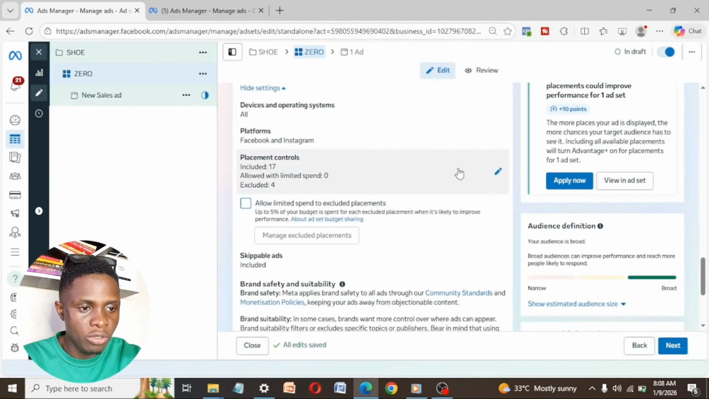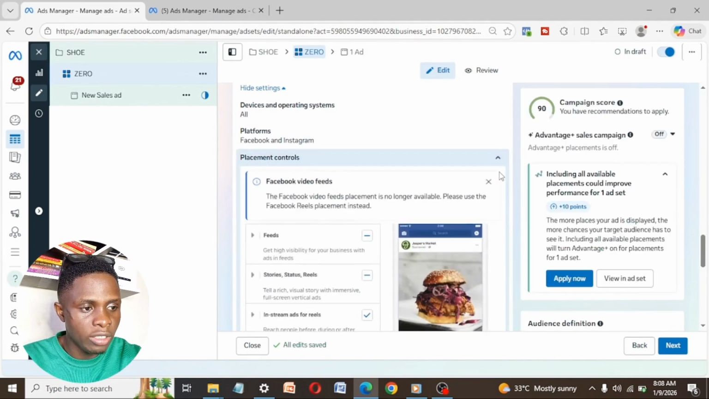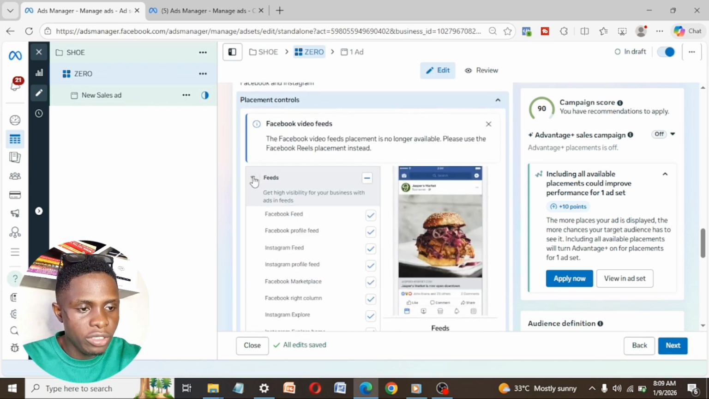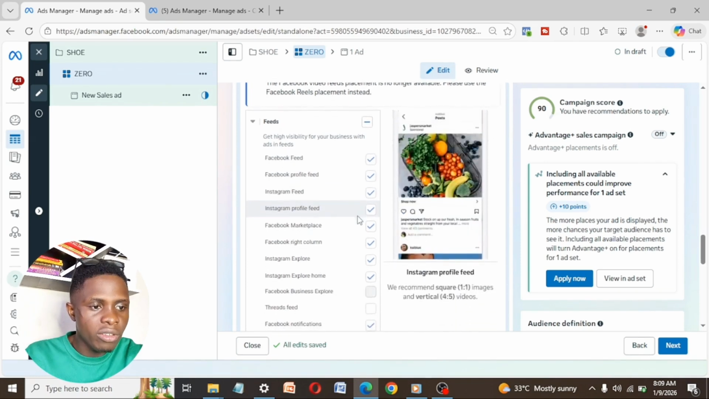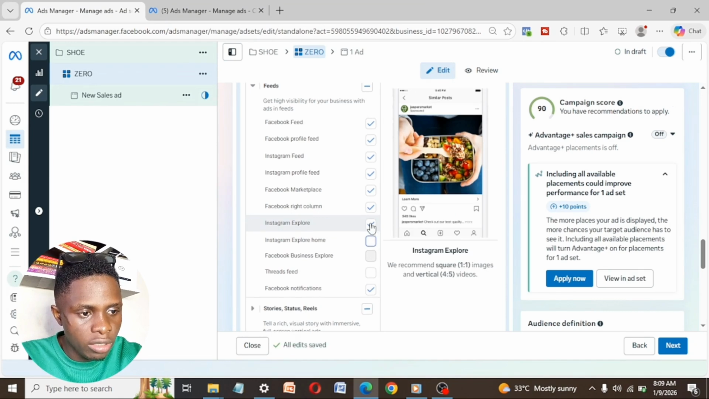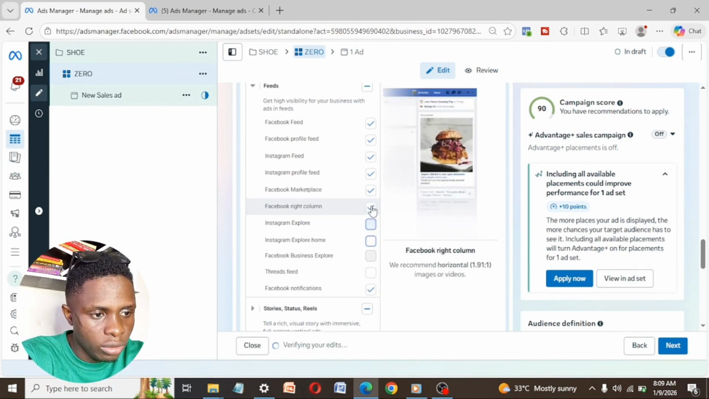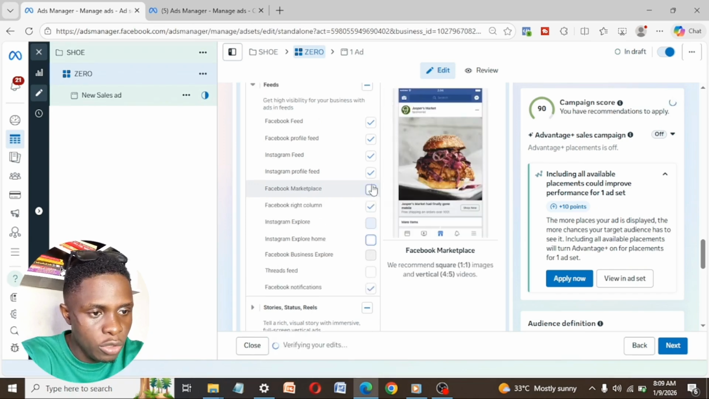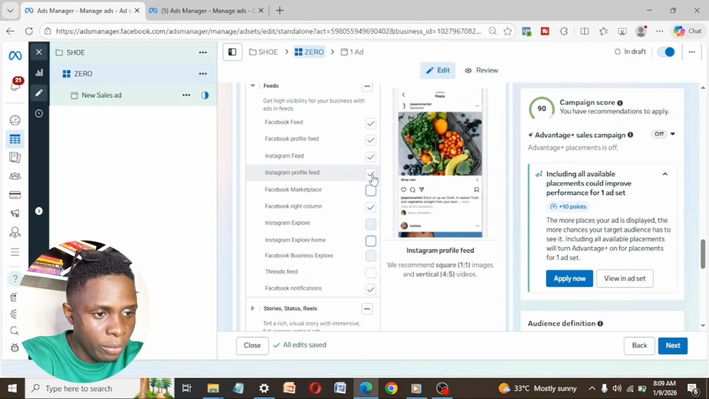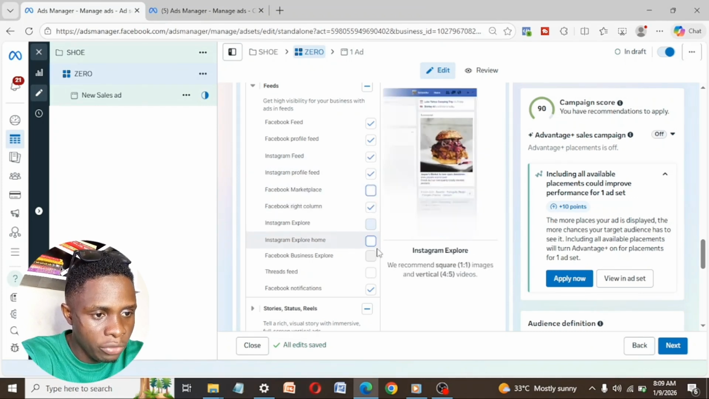Now with this placement control, you want to click on the pencil icon at the front of it, right? Pay attention closely. Then click on it. Then swipe, right? Now under feed, you want to turn off every other thing here. You want to turn off Instagram Explore, Instagram Explore Home, turn off Facebook Right column, turn off Facebook Marketplace, leave Facebook feed on, leave Facebook profile feed on, leave Instagram feed on, leave Instagram profile feed on,